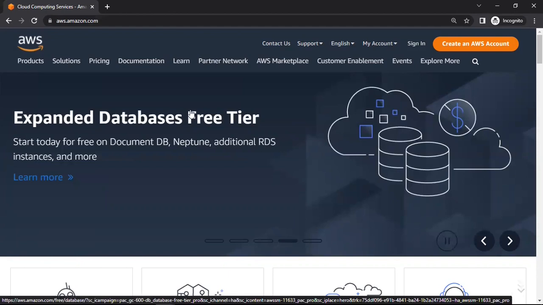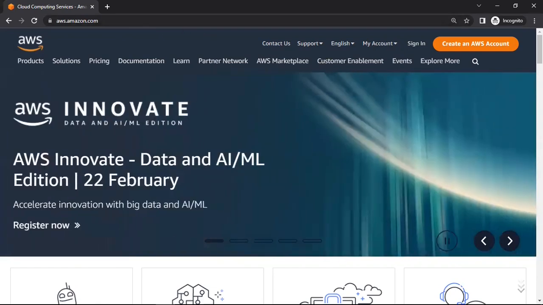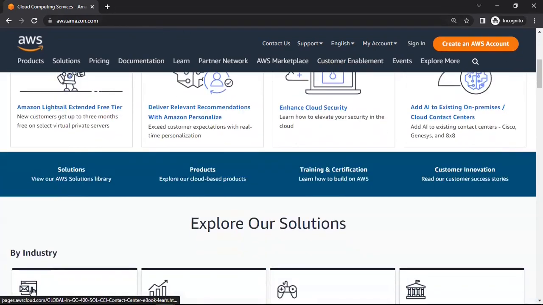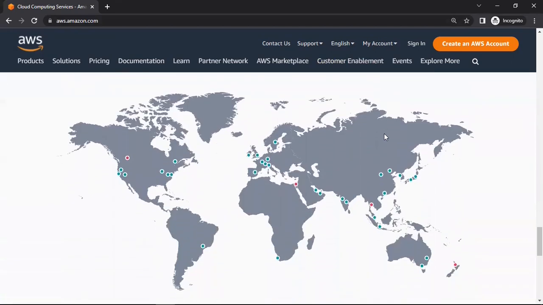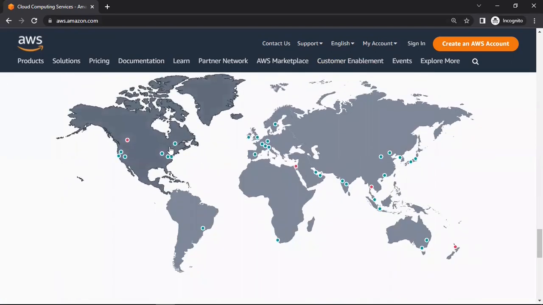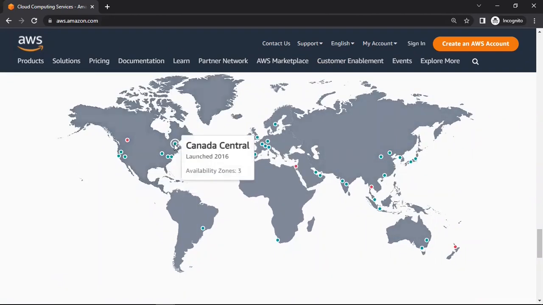To get the updated list of AWS regions and availability zones, let's go to the Amazon official website, aws.amazon.com. If you scroll down, at the bottom of the page, you will see the section Global Network of AWS regions. This is the list of regions where AWS has hosted its infrastructure across the globe. There are two colored dots, the green one and the red one. The green dot means the AWS region is official and you can host your applications in this region.